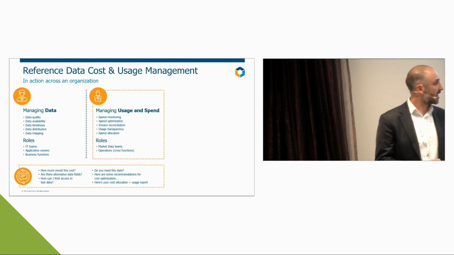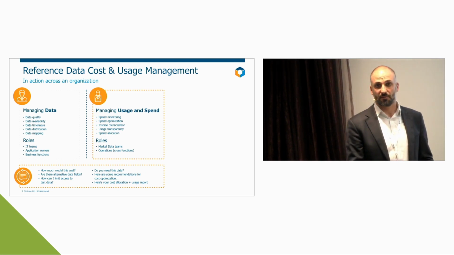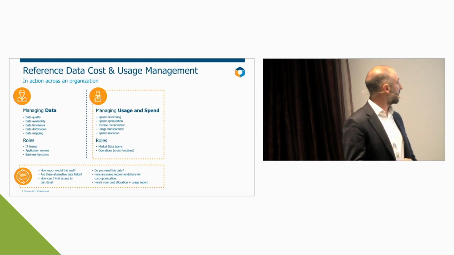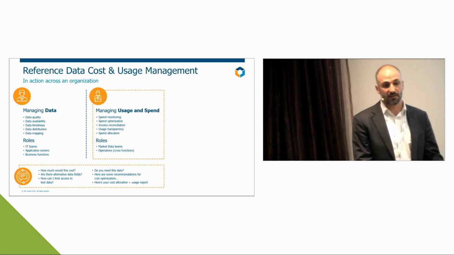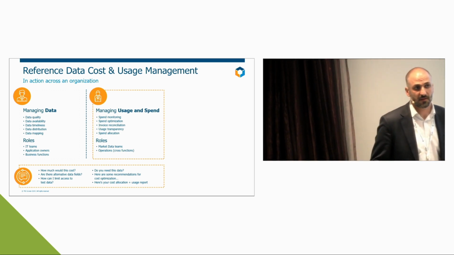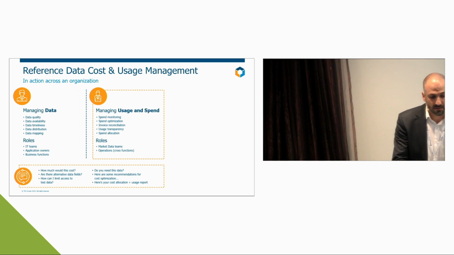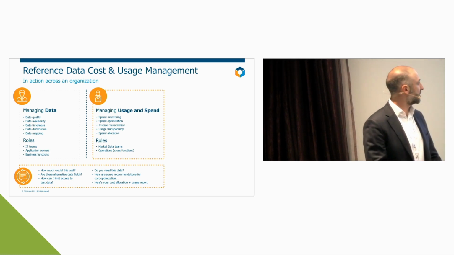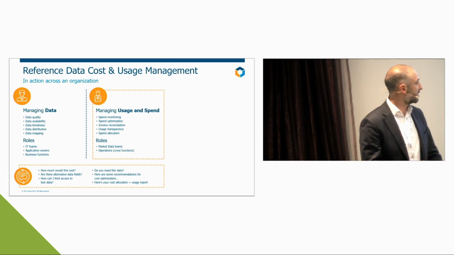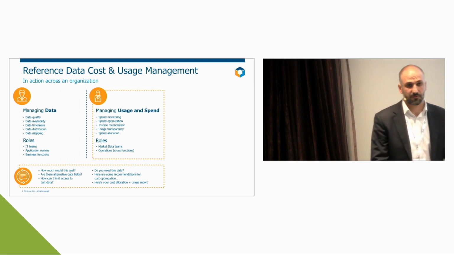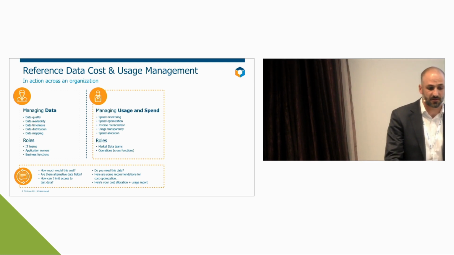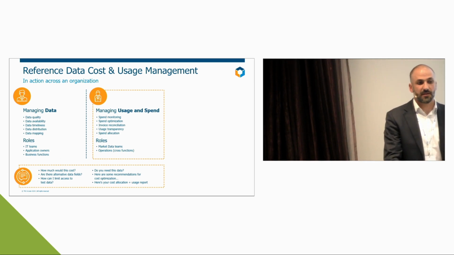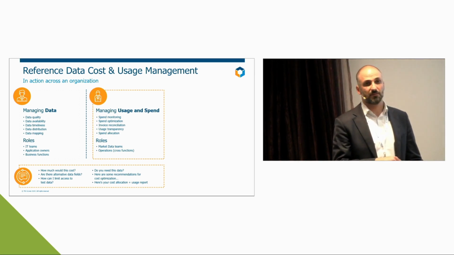Now, this doesn't mean that these two teams do not speak together, of course. It is important to have that communication between these two functions. On the left-hand side, the business will ask the market data team, how much does this data point cost me? Am I compliant in my usage? Are there alternative fields that I can pull down that you can help me with? And of course, the market data teams, if we can put it that way, also need to speak to the business owners and say, do you actually need that data? Did you know how much it costs? Here's a rundown of a simulation for a particular call that you make. So it is important to have this clear communication between these two entities.